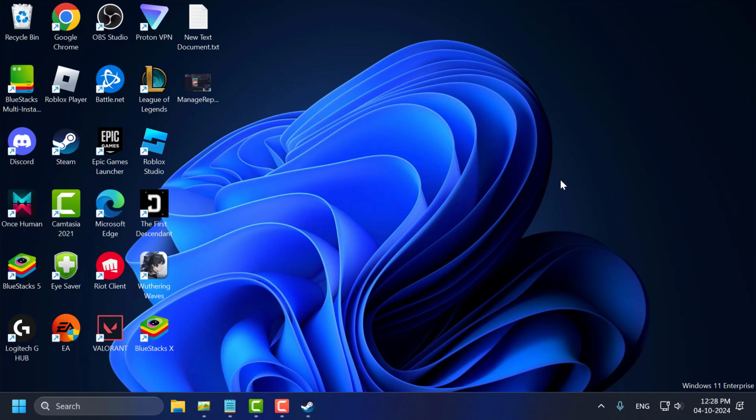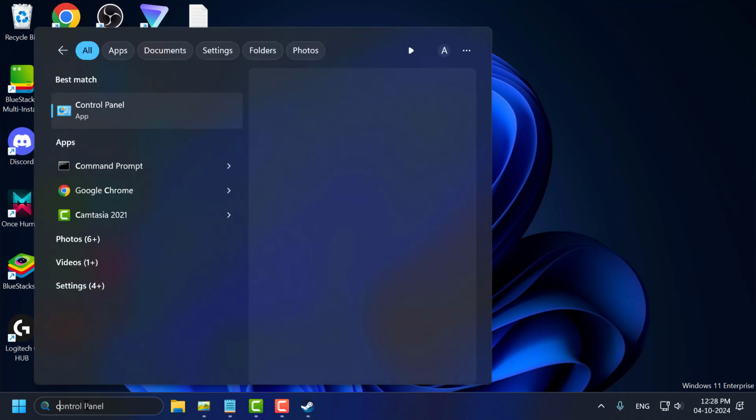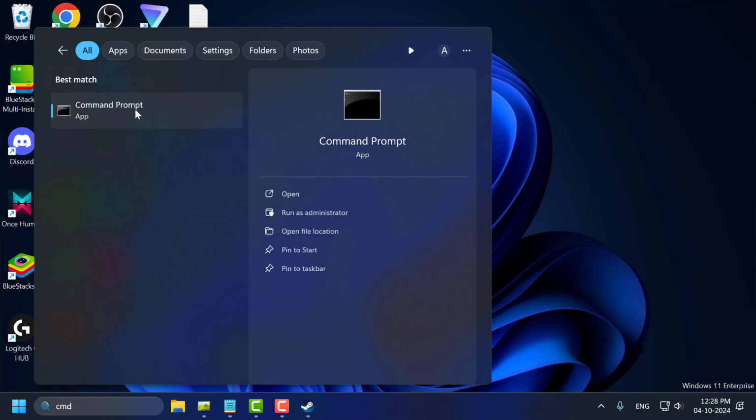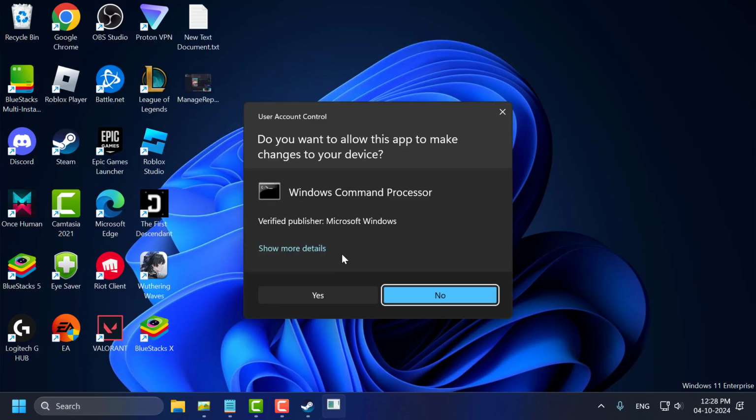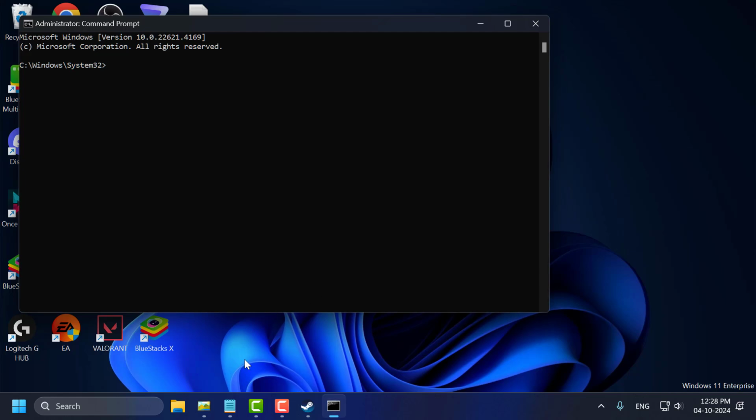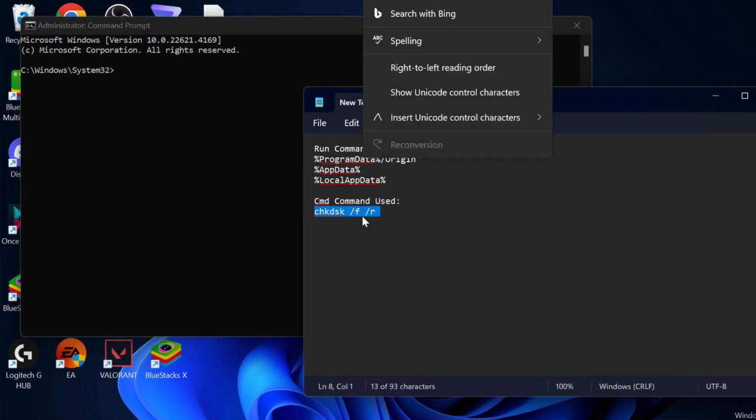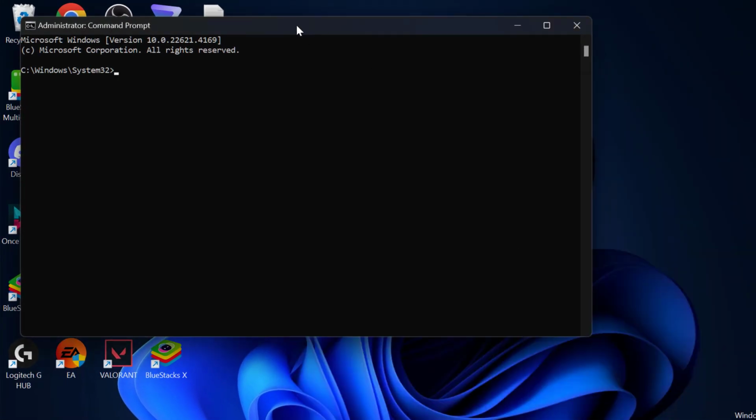Method 3 is to check for disk errors. Sometimes disk errors can corrupt game files. Running a disk check can resolve the issue. To do this, go to the search menu and type cmd. Right click on the command prompt, select run as administrator, and select yes. Now you just need to check my video description for the command used in my video. Just copy and paste it